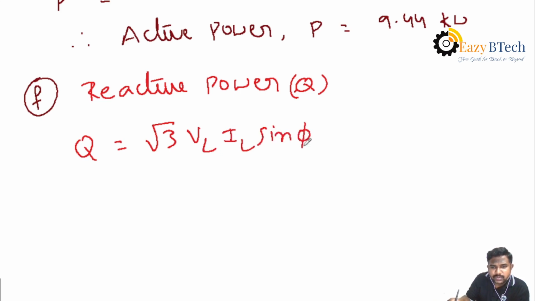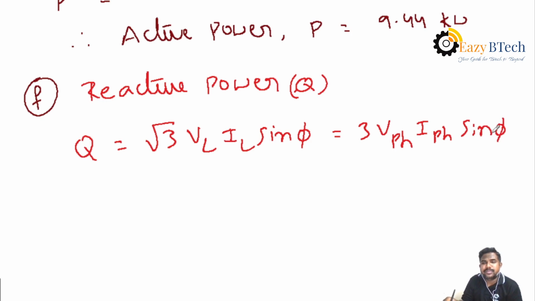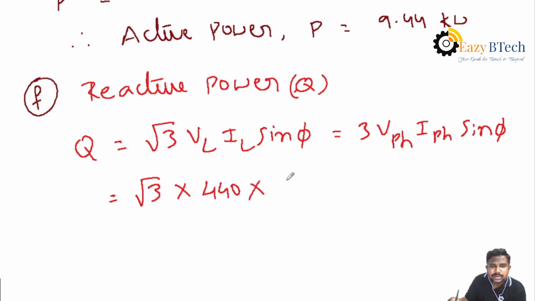It is reactive, that's why we have sin phi. Or in the form of phase voltages, 3 into VPH into IPH sin phi. Okay, one formula is in the form of line values, another formula is in the form of phase values. Hence, we can replace the values, that is root 3 into VL value 440 volts, and